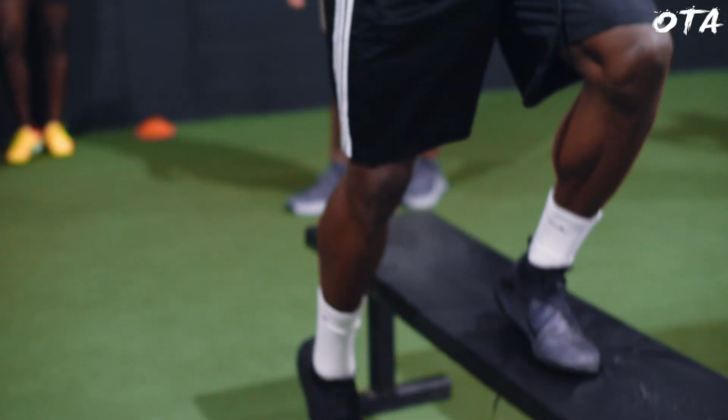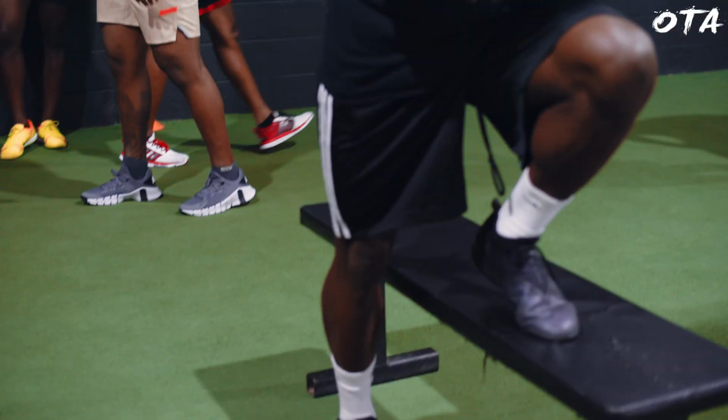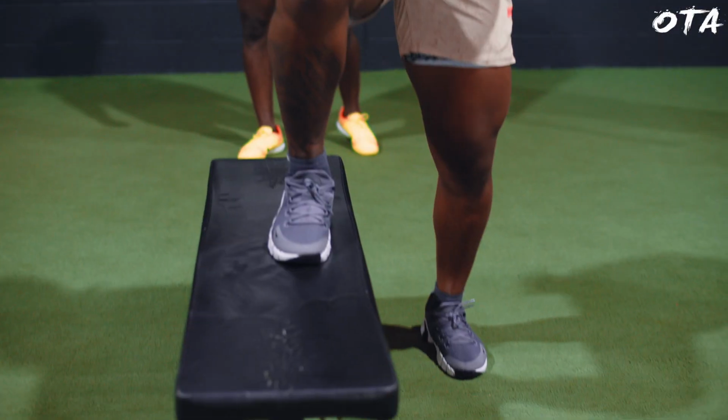Now, the real focus of this isn't how high you can get vertically, but it's how well the athlete can decelerate through that deeper range of motion as they come all the way down. So we're going to perform these continuously, which means one after the other, and I'm going to really focus on the athlete not collapsing, but more decelerating through that range of motion. The reason why I love this drill is because the athlete uses a little bit more hip to be able